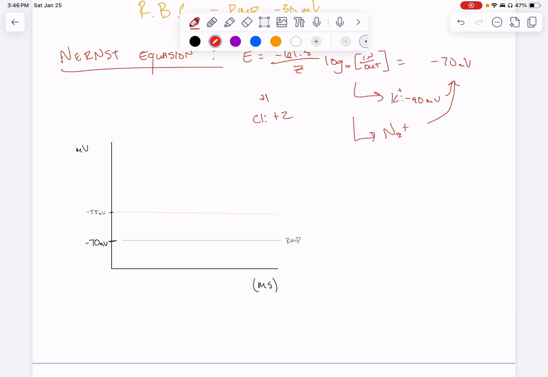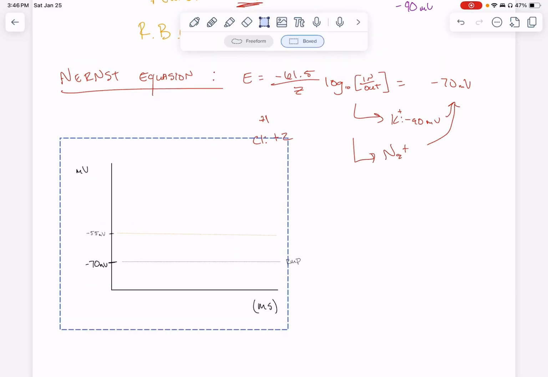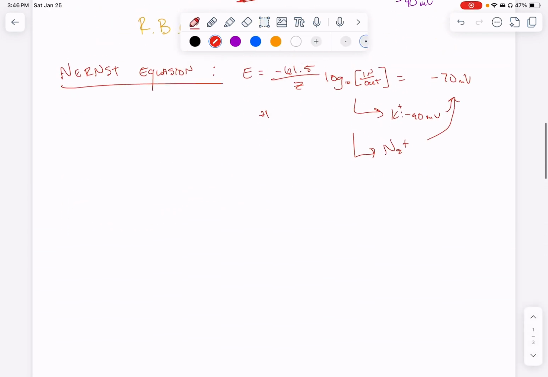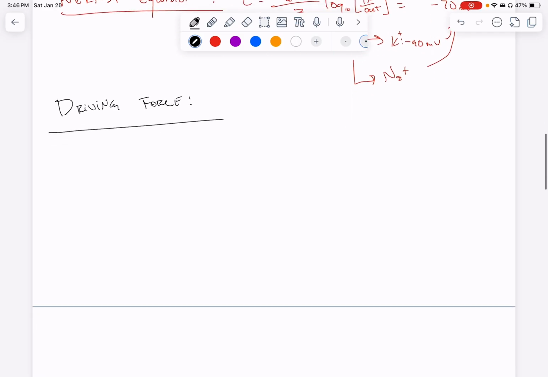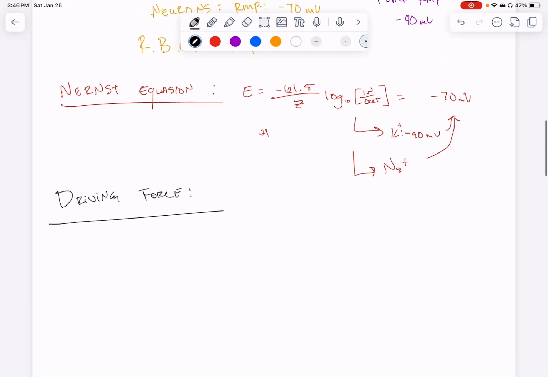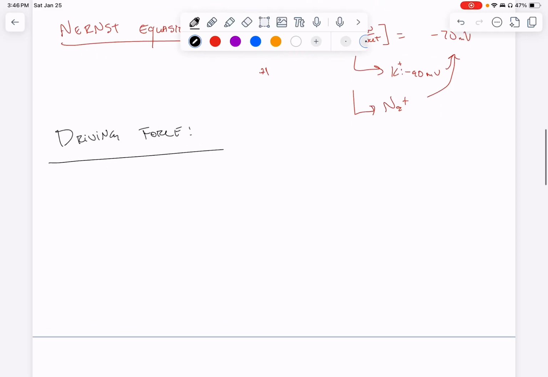Okay. There's one last equation that we're going to talk about real quick. We're going to talk about the driving force. Now, the driving force describes the net energy of movement that an ion would have when its concentration gradient allows it to move across. So, for example, when we talk about the propagation of action potentials, when sodium rushes into the cell, the energy that the sodium is moving across that cell membrane can be calculated with something we call driving force. And driving force has an equation, dF for driving force, is equal to